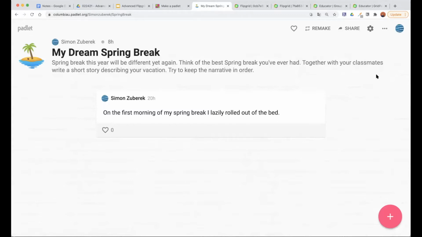So in that sense, I would like you to now collectively take a step at it, and throw in some paragraphs, maybe a sentence, a person. Of course, in your own classes, this ideally would be a little bit more scaffolded. You maybe would like to provide more directions, but since this is a workshop, I wanted to keep it vague and open. Okay, so I did start everything off. And on the first morning of my spring break, I lazily rolled out of bed. So if you could now just take a few minutes and